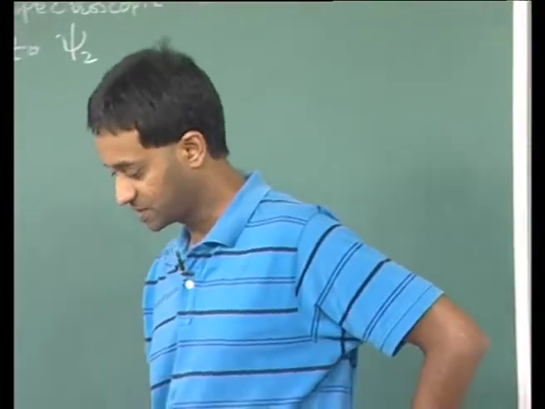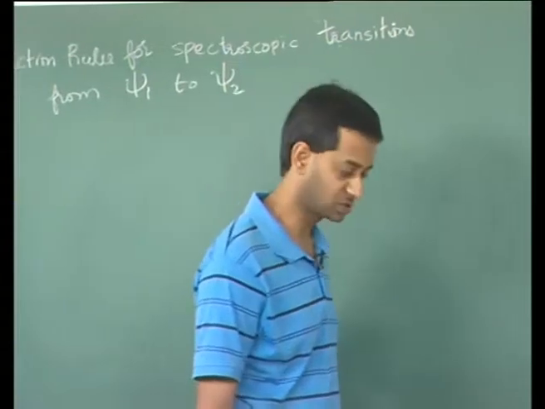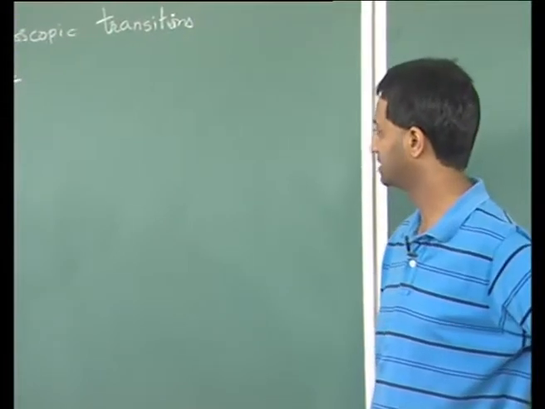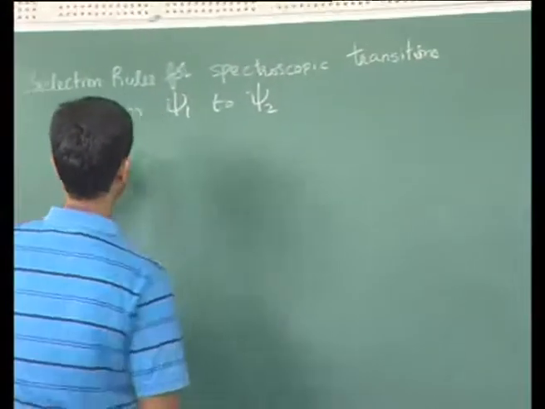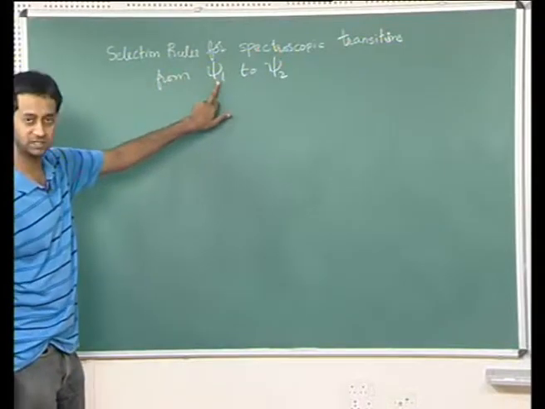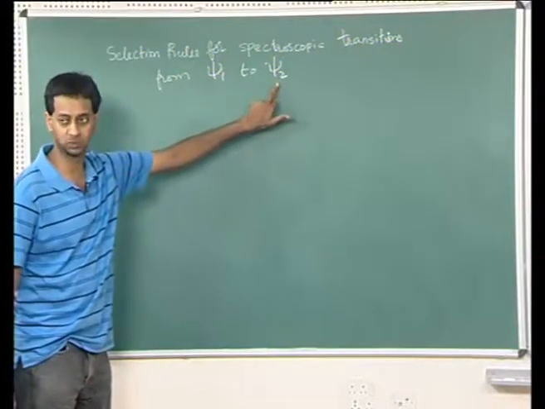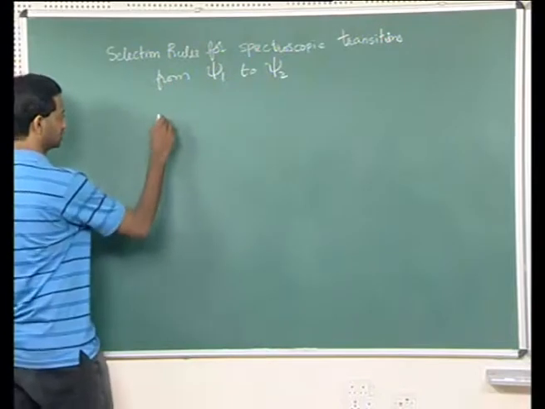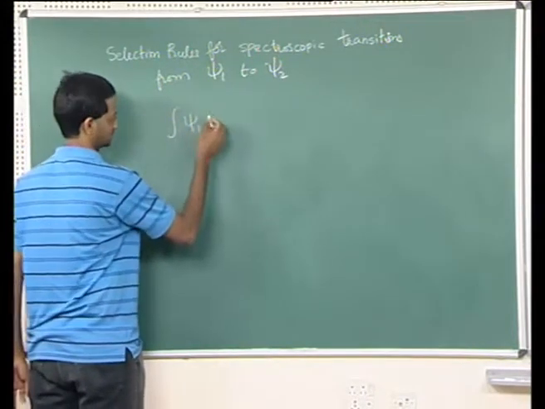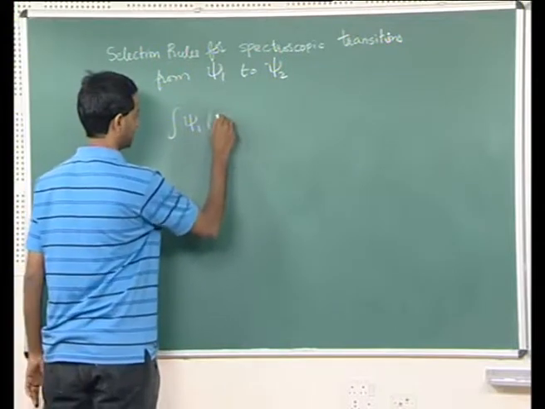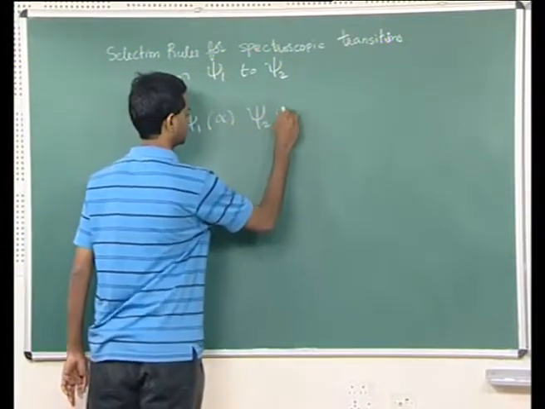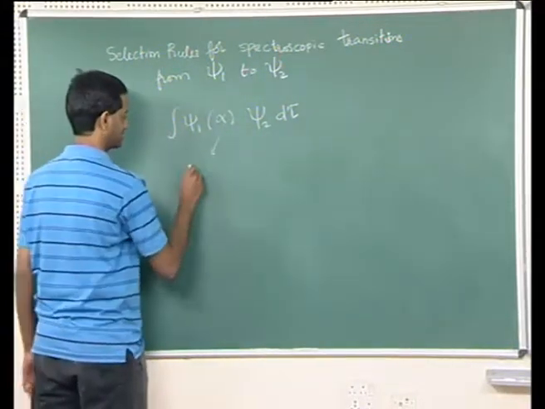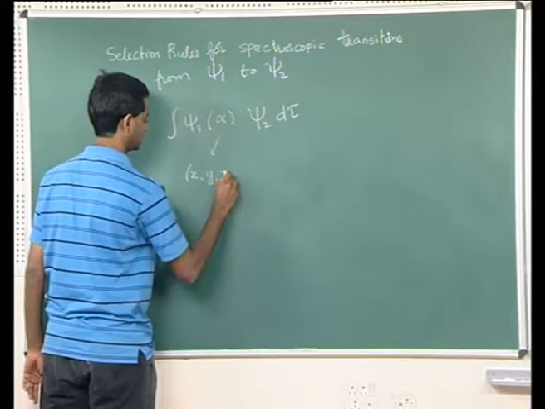So we just saw how to get the selection rules for spectroscopy, and let's just summarize what we have seen so far. Suppose you want a spectroscopic transition from one state denoted by psi 1 to another state denoted by psi 2. Then the intensity of this transition is proportional to the integral of psi 1, alpha, psi 2 d tau, where alpha can be x, y, or z